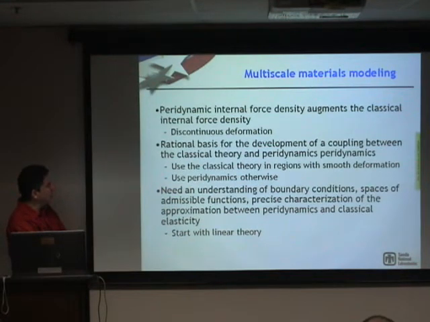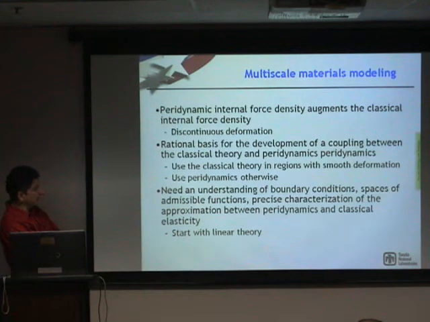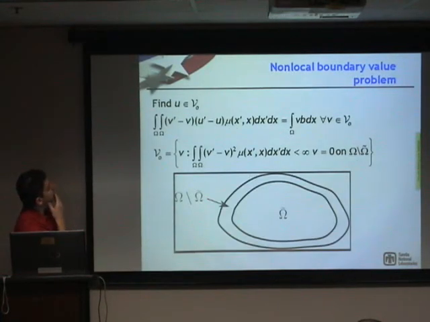Okay, so a very simple idea is to use a classical theory in regions where you have smooth deformation, and then use peridynamics otherwise. But in order to get a viable materials model that you could put into code, there are several things to understand, paramount of which would be the notion of boundary conditions, spaces of admissible functions, and the precise characterization of this approximation between peridynamics and classical elasticity. So how I'm going to end my talk is just to give you an idea of how you can do this. And we're going to start with the linear theory, right? And so one can pose the following